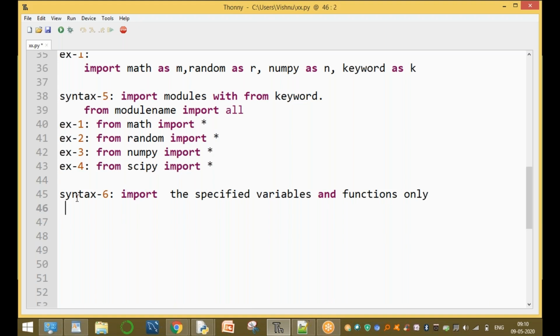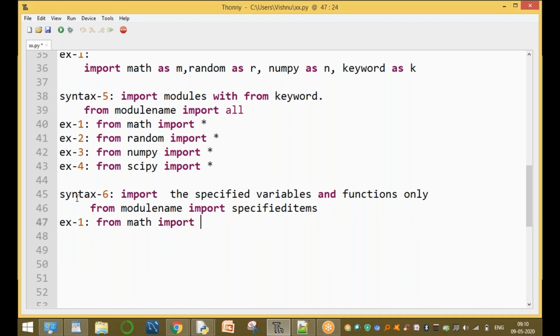For example, the syntax is from module name import specified items. For example 1, from math import pi, e only. The remaining are not imported.